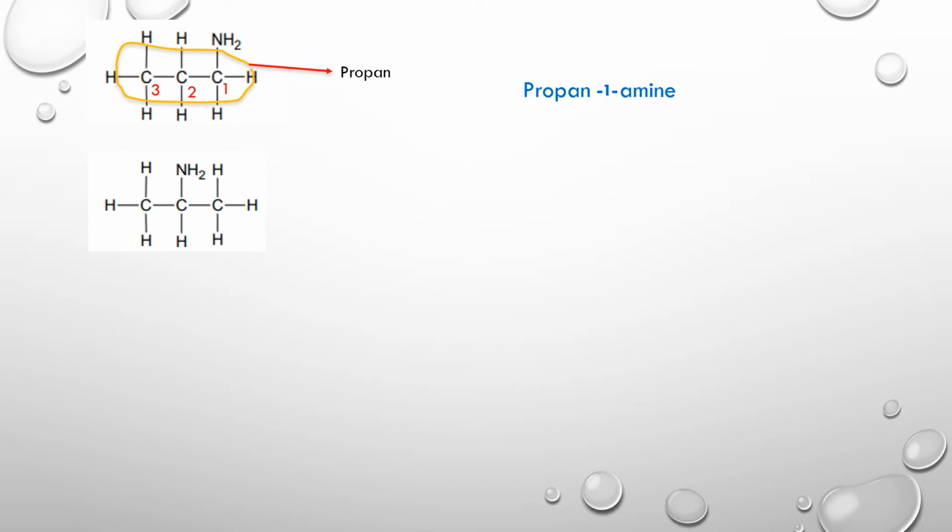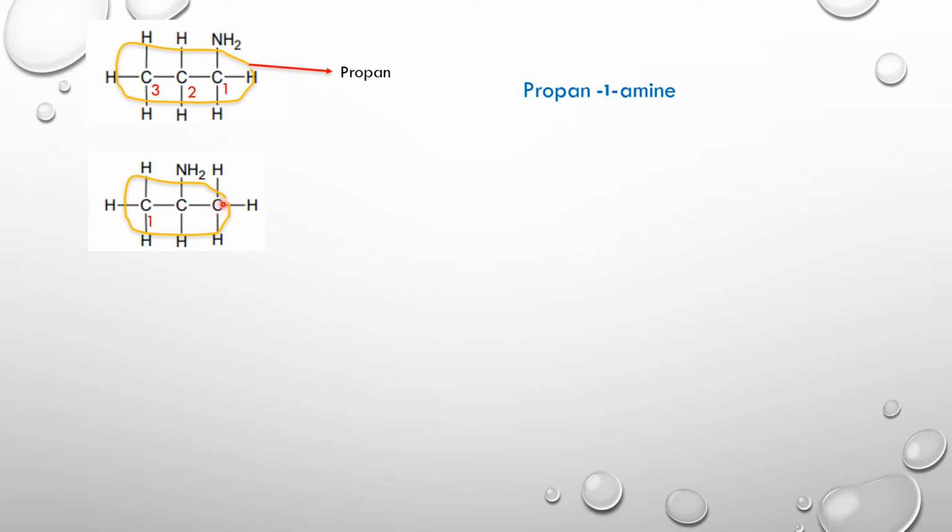In the fourth example, you can see that the amine group is attached to the carbon in the middle. In that case, we do the same thing. Find out how many carbons are attached to the amine group. So we have a 3 carbon parent chain, the longest chain of carbon atoms. Always remember, whenever we are identifying the chain, start from one carbon and keep on going until we reach the last. So we start from this carbon here, which is sticking out on the end, and keep on going to the right until we meet the last carbon. So this is our longest chain of carbon atoms. That's carbon 3, which is the propan group.